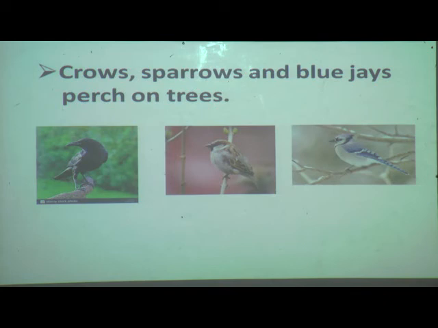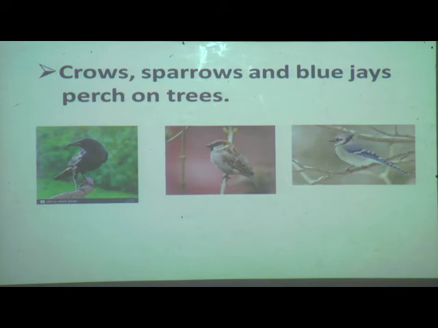I'll repeat once again. Crow, sparrow, pigeon and the blue jay use their feet to hold on to tree branches and sit on them. So what will they do?